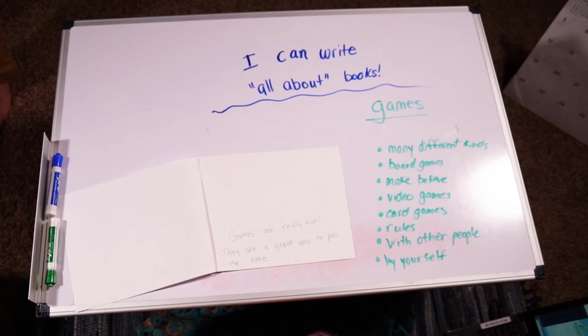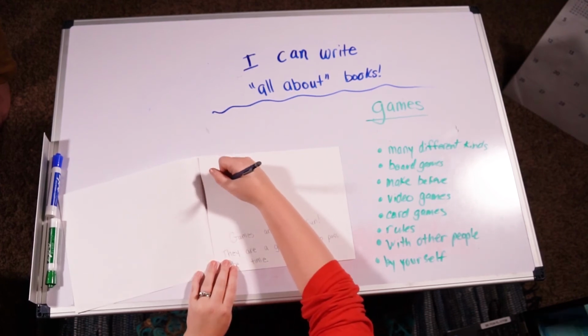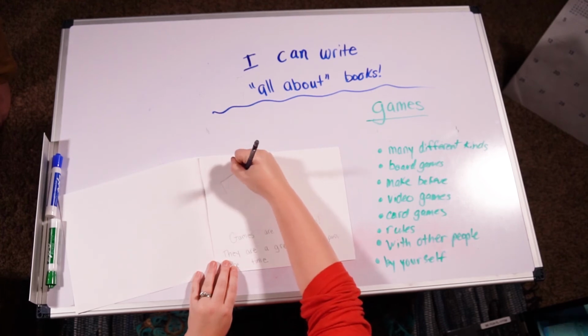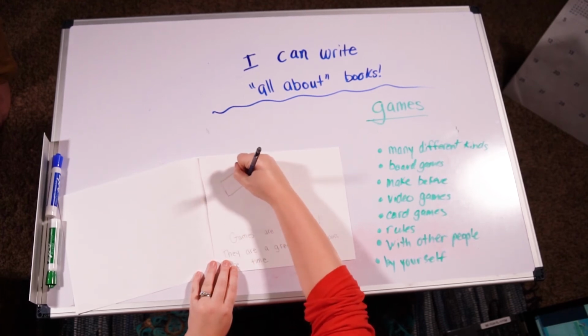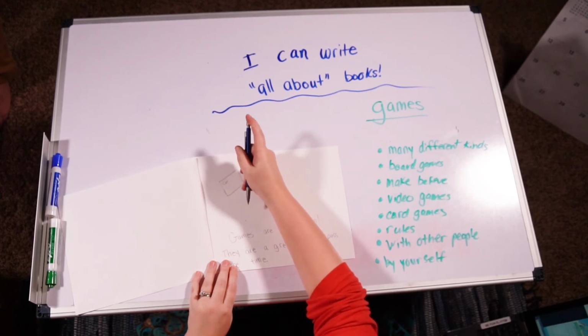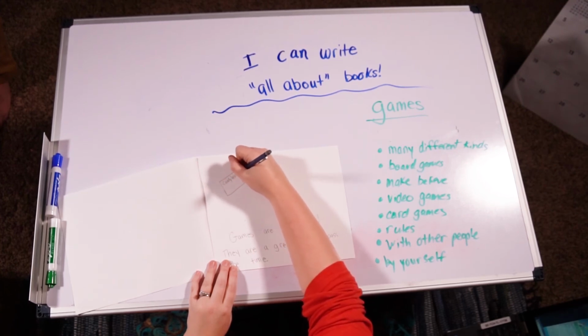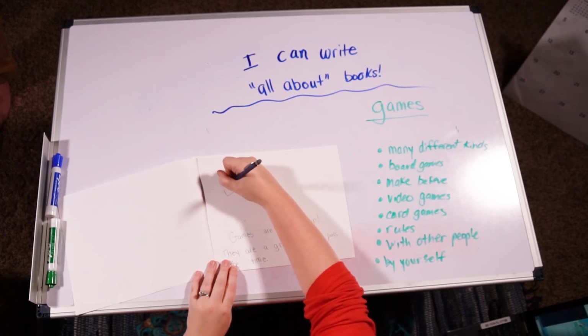So let's draw a picture. I could draw a picture of some different types of games. I think that's what I'm going to do. I'm going to draw a picture of, let's see, a board game. Let's see, maybe Candyland. I'll write that. Oops, broke my pencil lead. I'll write that on my board. Candyland. Candyland. And then I know that it's got like cupcakes